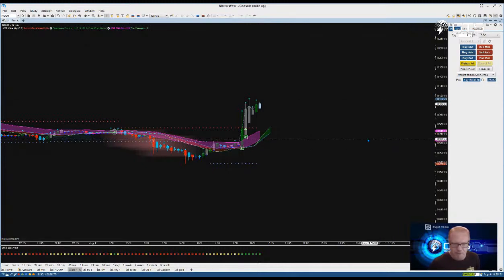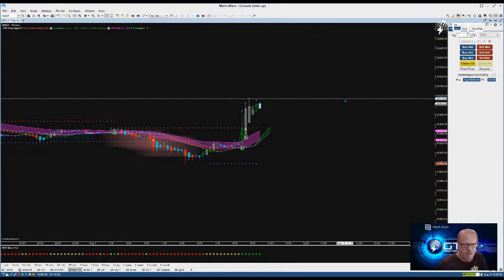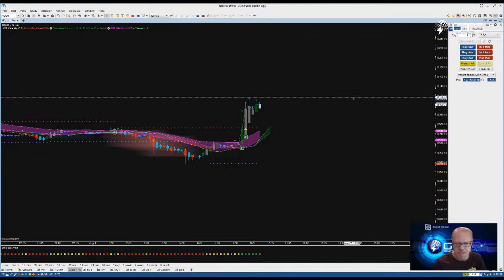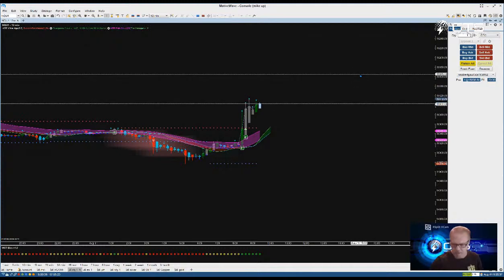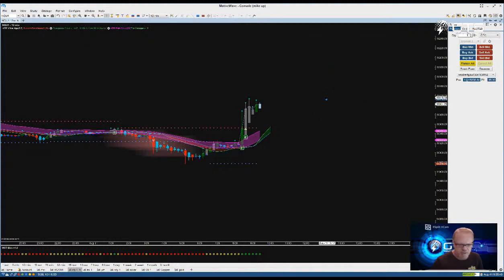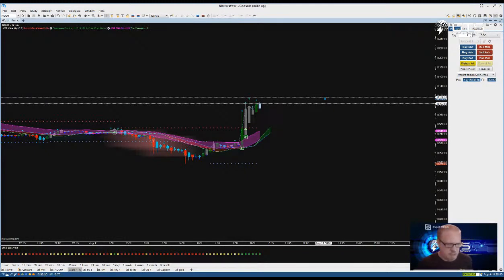But right at the open, if this thing takes off, I'll add a contract if it passes that 117, 116, 117. I'll probably add one and take it as far as it'll go. Just letting you guys know. So if we break this 117 and start pulling up, and if we pull back down to it and I miss the entry, then I wait for it to pull back, add a contract, and take off. And that's the plan this morning on the NQ.